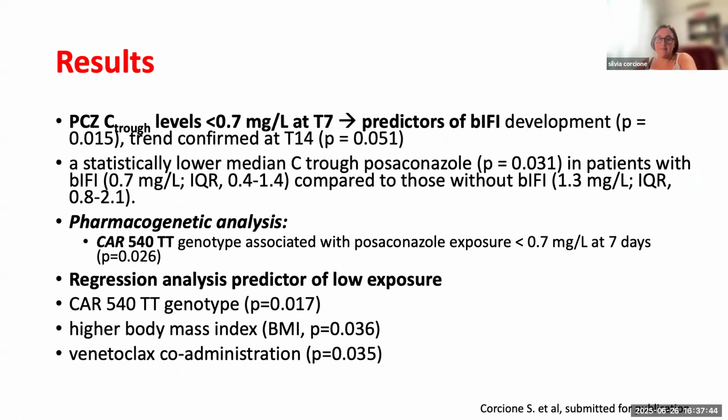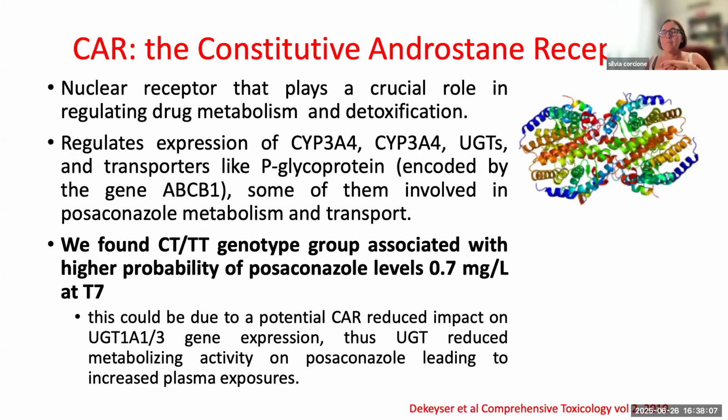Then we moved to the pharmacokinetic analysis. The pharmacokinetic analysis showed that the CAR 540 TT genotype was associated with low posaconazole exposure. And also in the regression analysis, the predictors of low exposure were this genotype, higher body mass index, and venetoclax co-administration. Just a small comment about the CAR